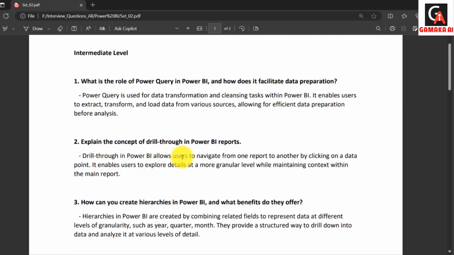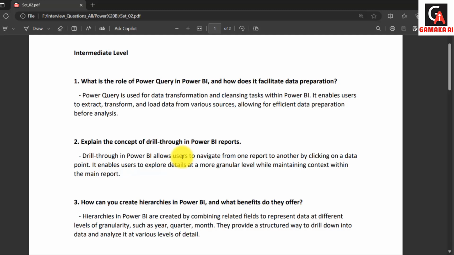Granularity means if you are analyzing the data monthly, and you want the day-to-day analysis, then you go towards granularity, you increase the granularity. If the opposite happens, if you are analyzing monthly and you want to analyze yearly, then you are reducing the granularity.